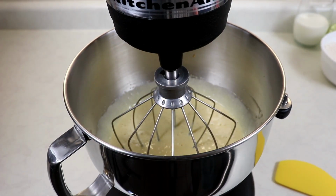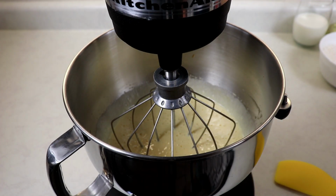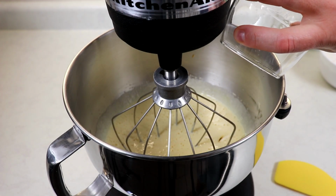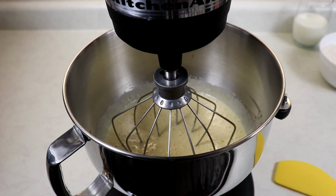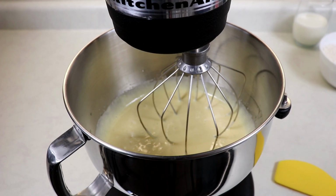Okay, so I mixed my mixture here on high speed for exactly 1 minute, and now we are going to add in our vegetable oil and mix until well combined. Okay, this looks great. Now we are going to add in our final ingredients, which is our milk, our flour,